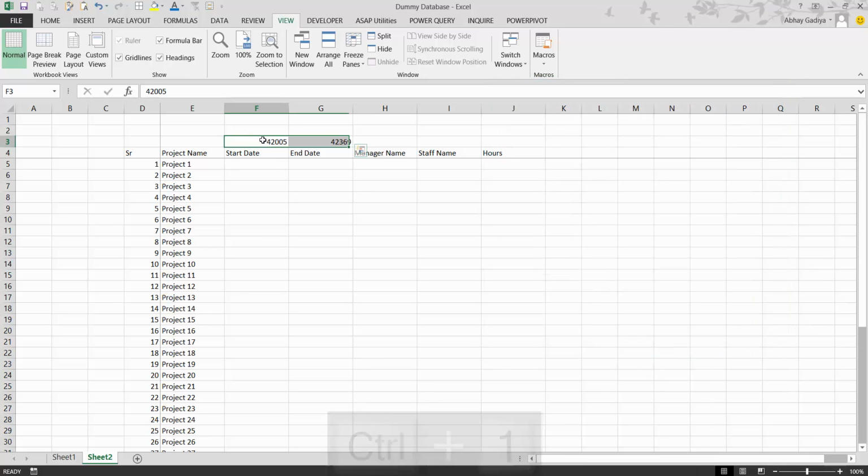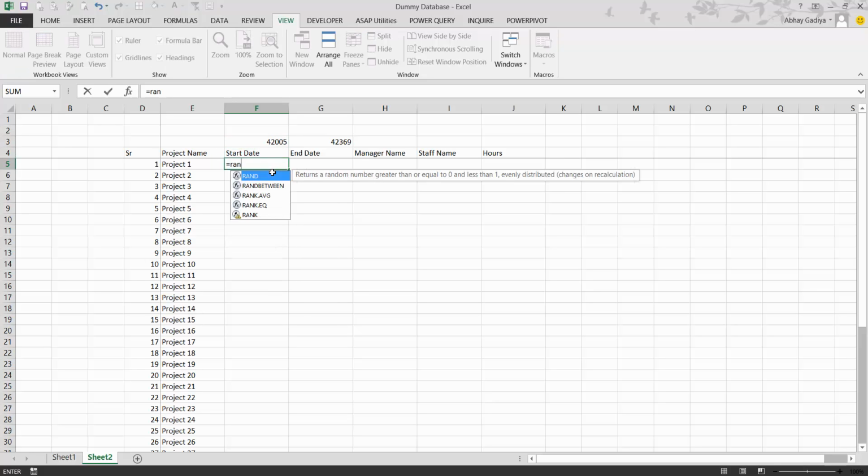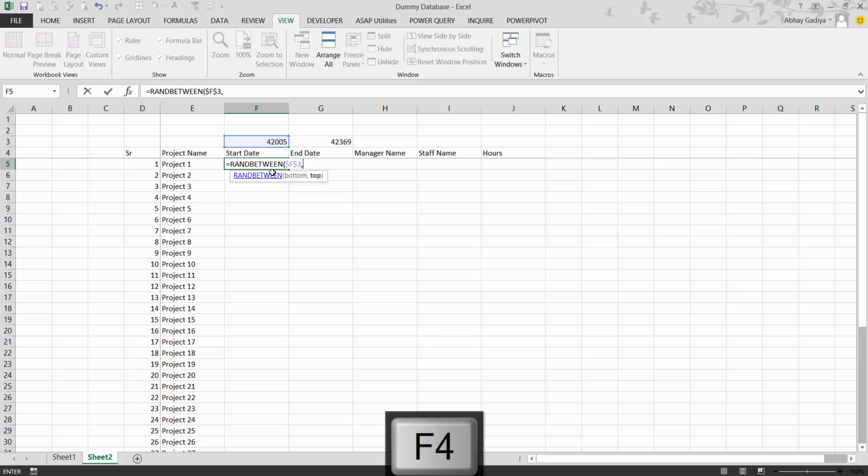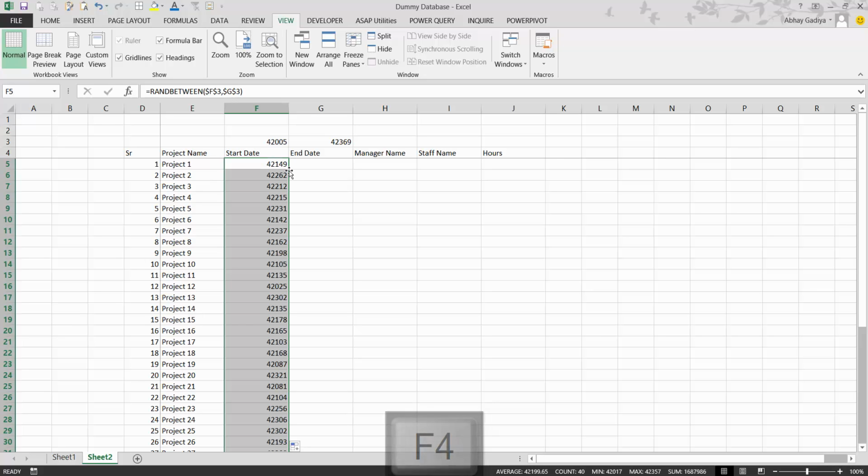So you can see that our 1st January is stored as 42005 and the 31st December 2015 is stored as 42369 as a serial number. So we'll be using these numbers as 2 parameters in our random between function. Random between, select this, press F4 and then select this, press F4, bracket closed. So now just double click this and it will insert the entire stuff.